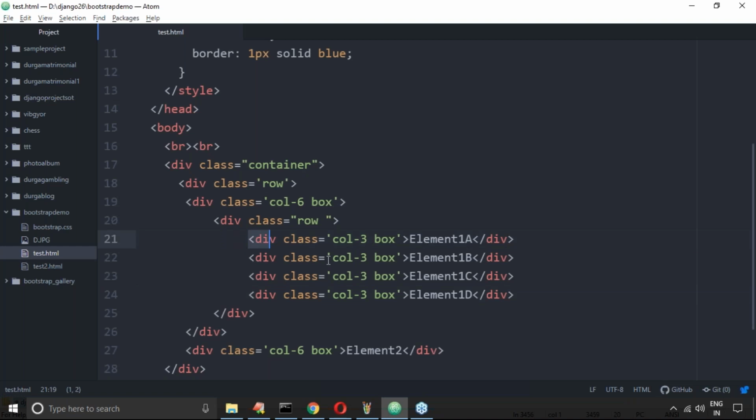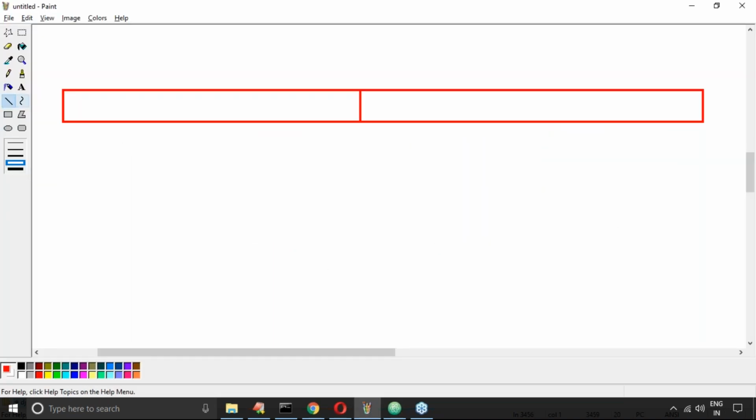Four elements you are taking, every element is going to take three column positions. Can I expand this kind of nature for this grid? If I access this one, can I get the same kind of thing? Can you please confirm?